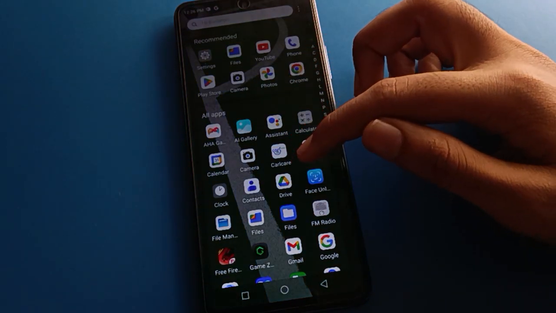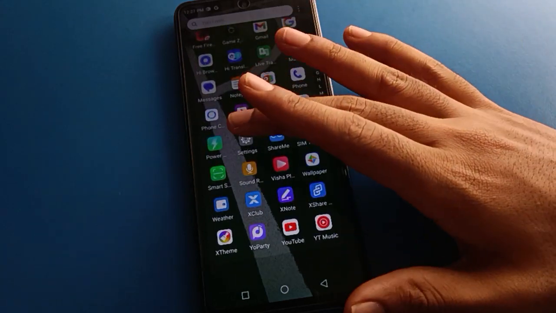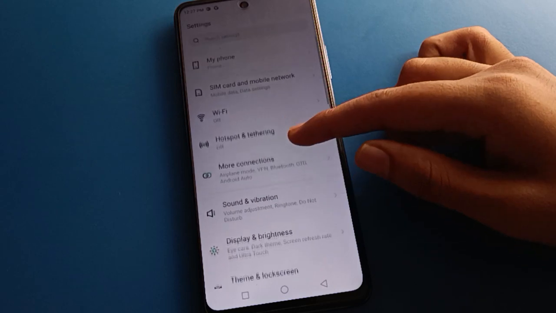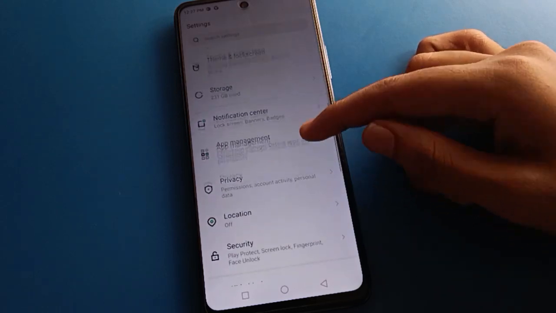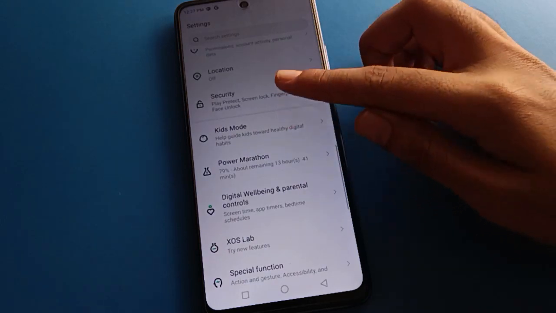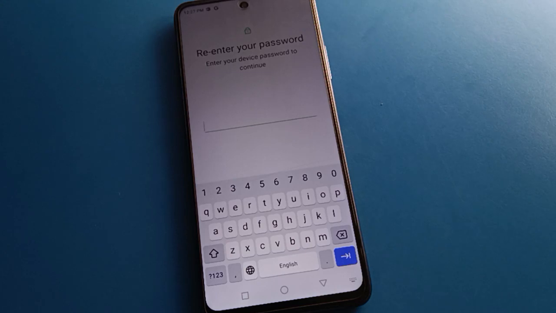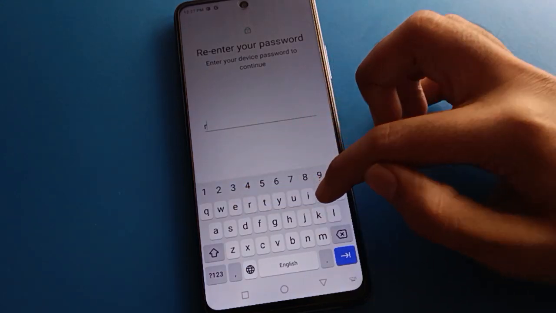And friends, if you don't want to use the password, you want to remove the password, or you want to change the password, let's see how to change the password in Tecno mobile. Open your phone security setting again. After that, friends, open your phone screen lock setting, and enter your device password to continue,